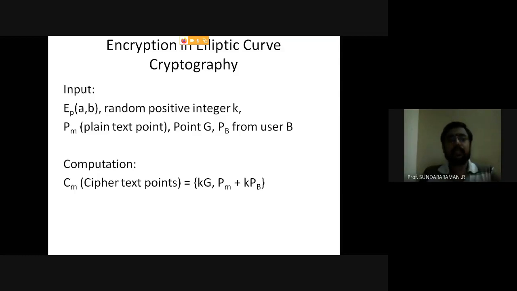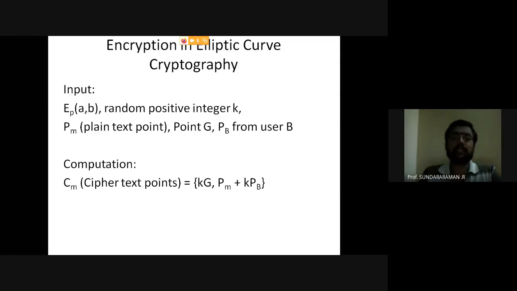That is specified by Ep(a, b), where p is the prime field and a and b are constants. So with Ep(a, b),